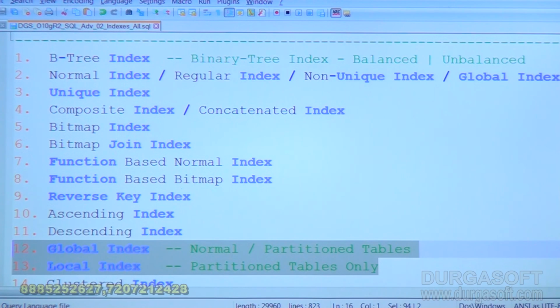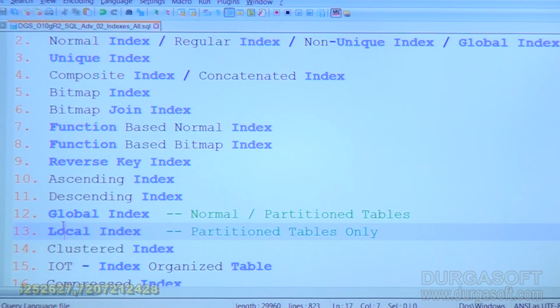Next, clustered index. And one advantage of using a local index is that when we search for a particular value, the optimizer will identify that this value is present in this particular partition,